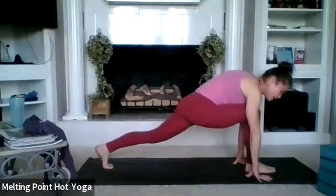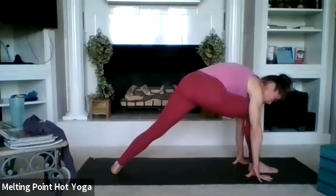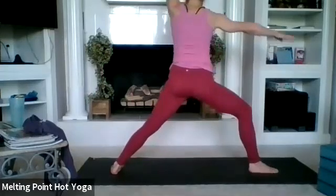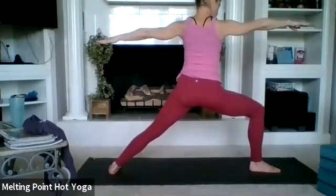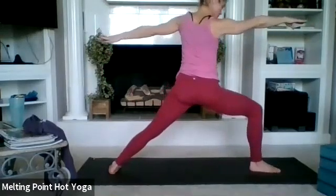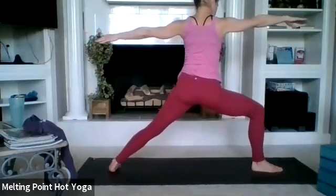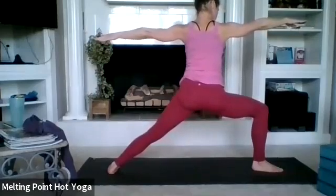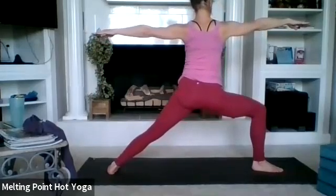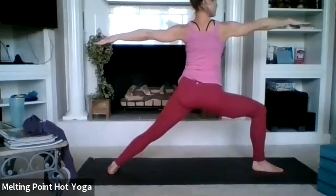We're going to open from here, warrior 2. So back foot is angled to the left-hand side. Inhale, arms all the way up. So my back is turned toward you. My right knee is in front. Sink deep. Make sure your right knee is stretching straight forward as you bend into it and not coming over to the left. You want to keep that right hip open, chest high. Gaze over the front fingers